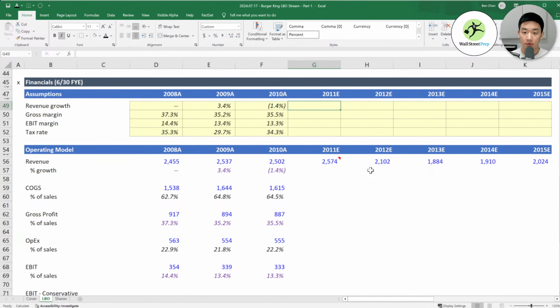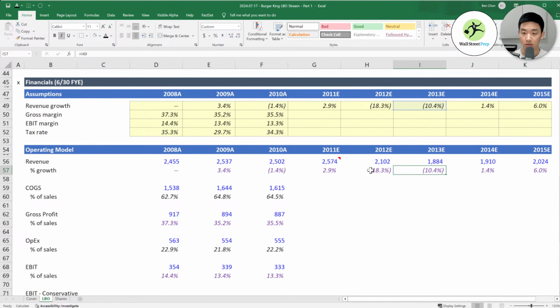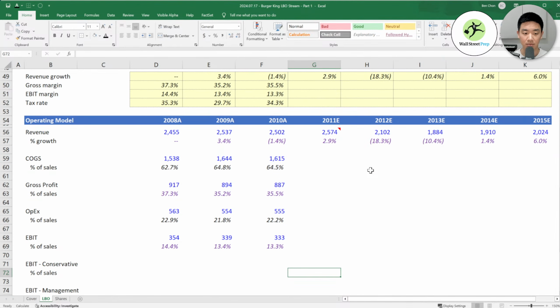Okay, and so for here, we're actually going to back into this as well. And this is interesting, right? Even management has told the company, we're going to decelerate. We're going to probably get rid of a ton of Burger Kings for the first few years and then kind of regrow as they figure out their operations, in a sense. So that's what we're going to do here for our revenue growth. And then cost of goods sold and all of this, we're going to back into, and I'll explain why in a bit.